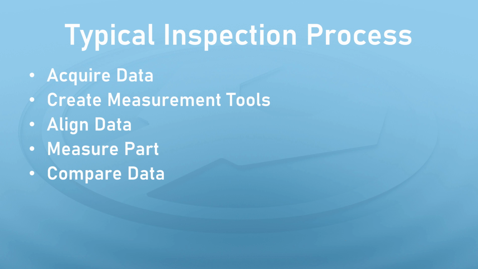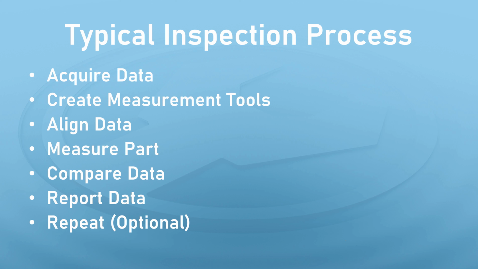Compare your data. Generate deviation colour maps and assign tolerances to see the differences between the nominal and measured data, and to see if your measurements pass or fail. Report your data. Generate report items such as snapshots or tables and compile formatted reports. Repeat inspection. If you are looking at inspecting batches of components, you can automate the inspection process and repeat your